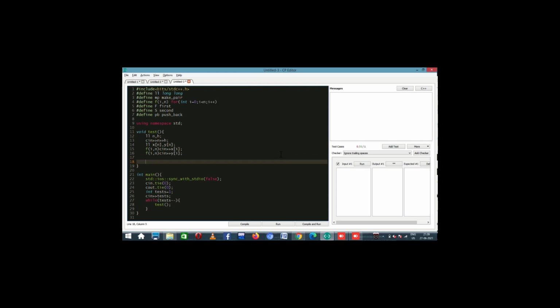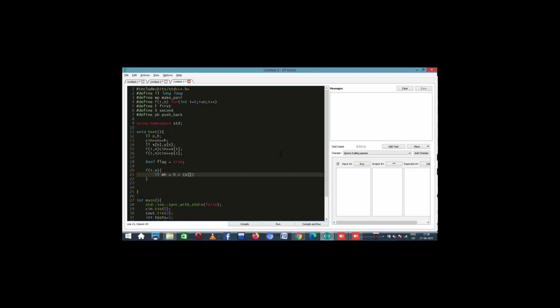Now first of all we want to discard the cases where there is no solution. Now this is easy to figure out. Even if I make a click of positive every time, and if I'm still not able to do it, that means there is a failure case. So let me call it flag initially true, but I'll try to find if there is a case where we will fail. So for the current xi, what is the max height that I can achieve? The original height was h plus the current coordinate. Current coordinate is xi. So if every time I increment it by 1, I can increment it xi times. So this is what I will totally have as my y coordinate.